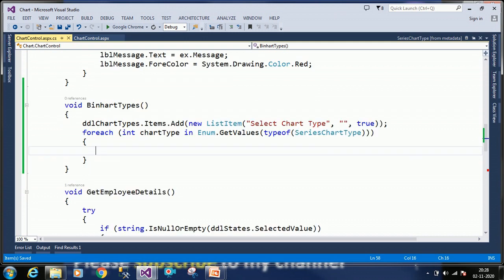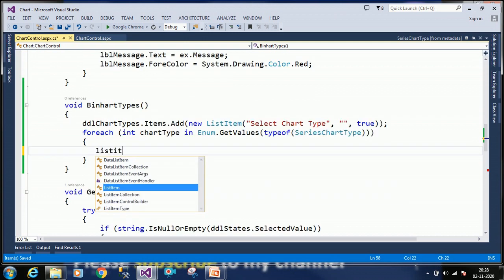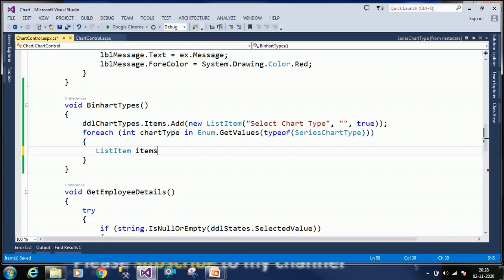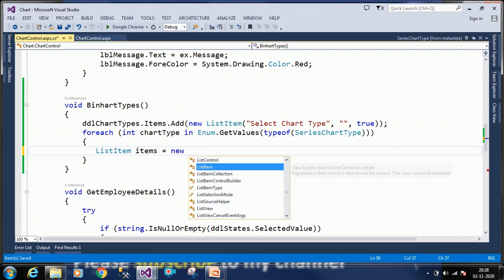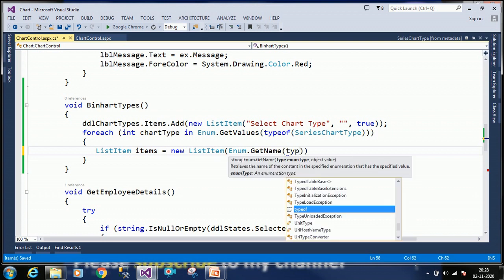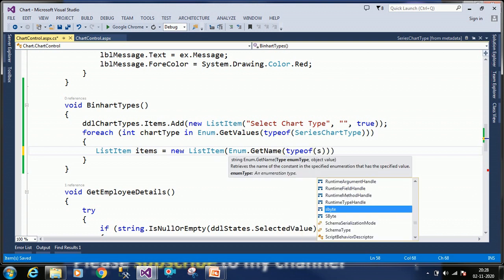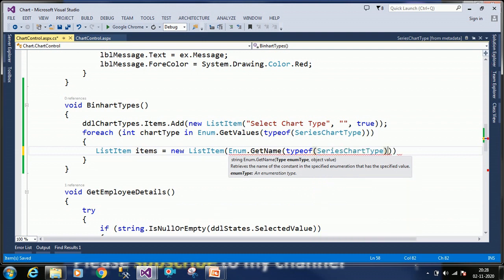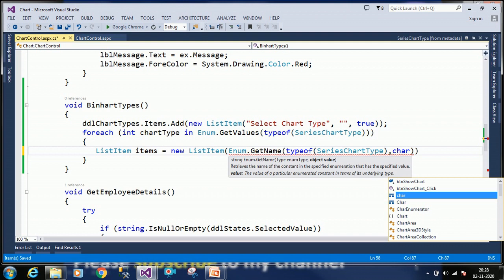Here we have to get the chart name as a list item. I'm storing it in one local variable called items. New list item, Enum.GetName. The name we will get from SeriesChartType. So we have to pass the chart type here.